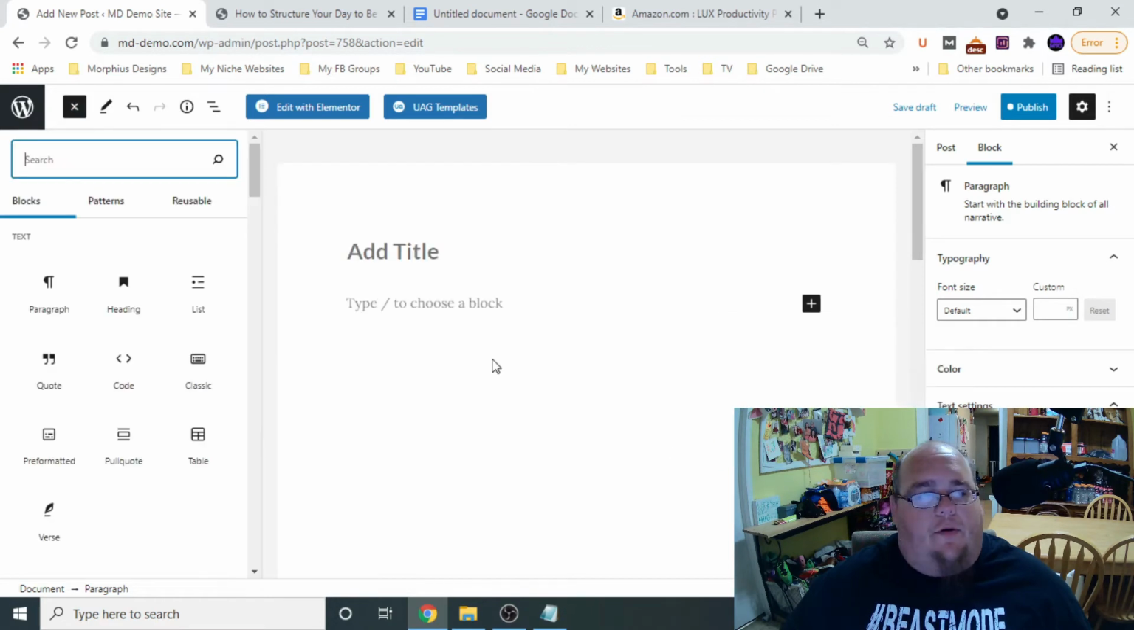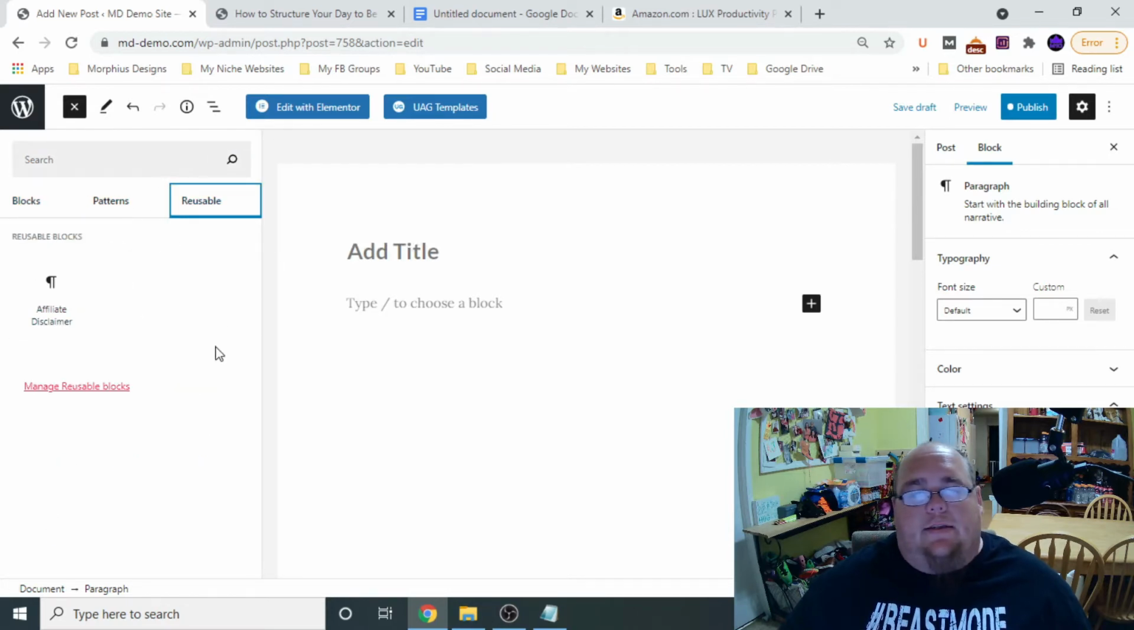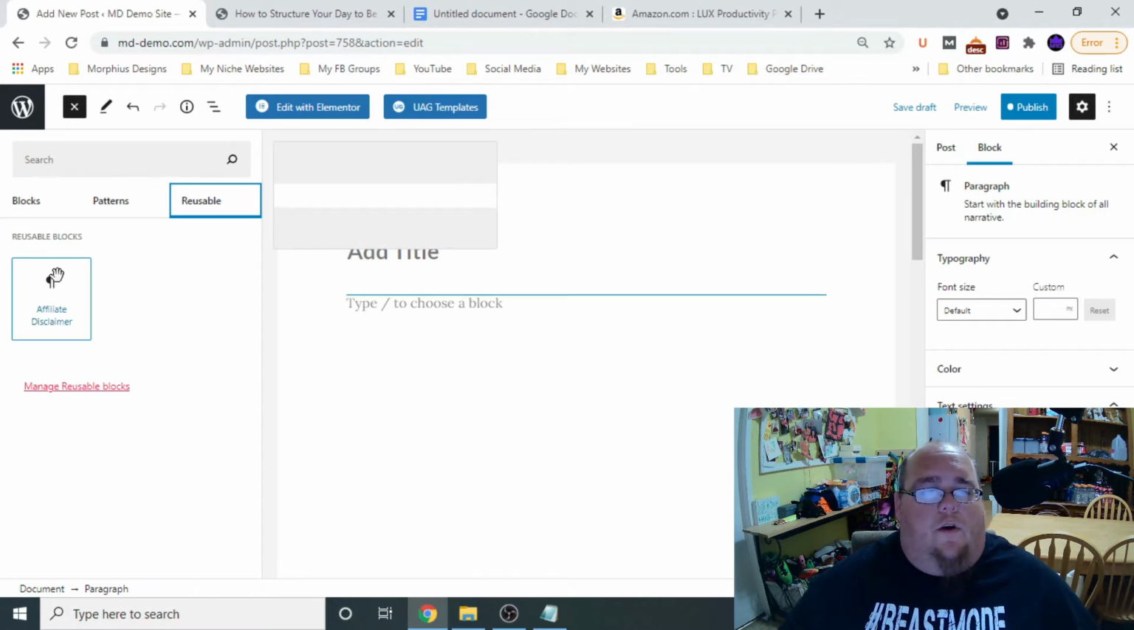If you go over here to browse all, you have these 3 tabs right here underneath the search bar. You have blocks, patterns, and reusable. Basically, this is the home for whatever reusable blocks that you've created. You can simply click here, go to reusable, and there's all of your blocks. If you hover over it,